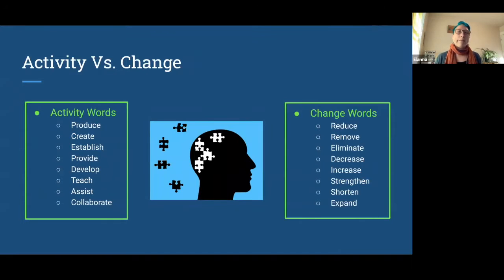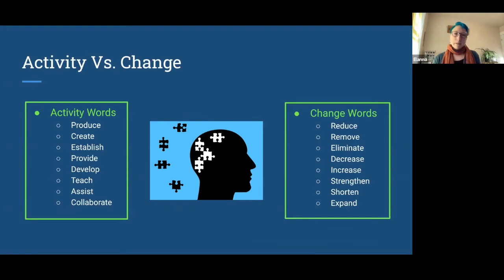So we also want to identify what words you're using when you're communicating with people, whether that be in writing or in conversation. So what is an activity versus a change? Activities are the things that you do along the way toward a change that you want to make. The change is this overarching goal that you have to make a difference in a community. And the way that we talk about this is going to really help the communication process with anyone you're trying to convey this information to.